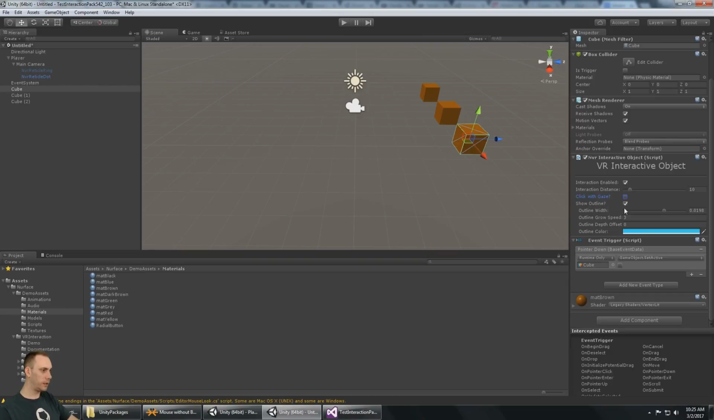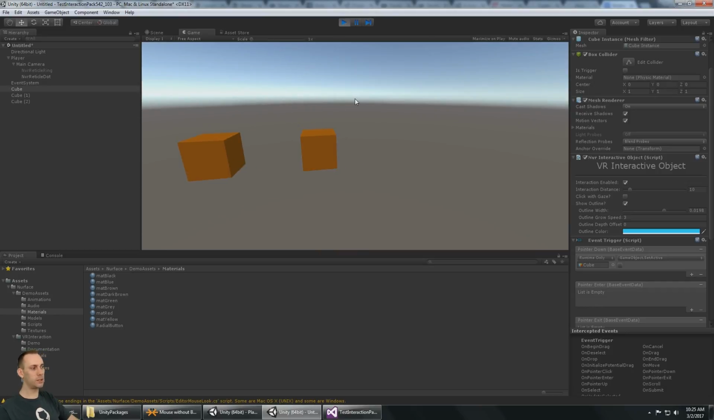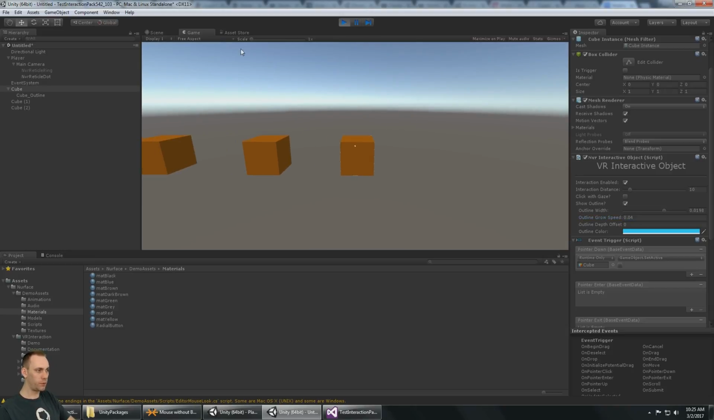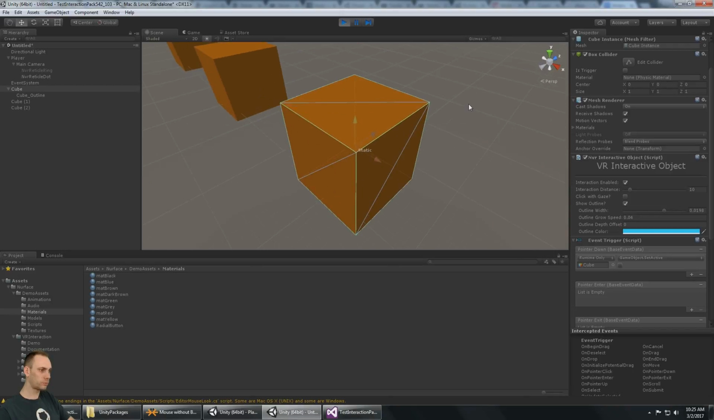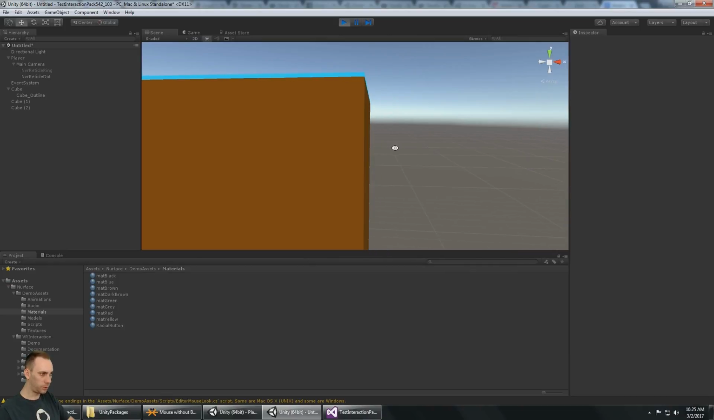And then we got the show outline. Of course, that's going to show the outline. We already seen how the outline width works. And then there's the outline grow speed, which is how fast the outline grows. It's easiest to demonstrate this if I make it really, really slow. So let me turn it up to like 20, and then we'll look. That's fast. Let me turn it to 0.14. 0.04, that's going to be very slow. So if I go look at the cube now,